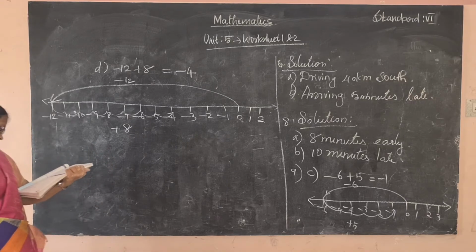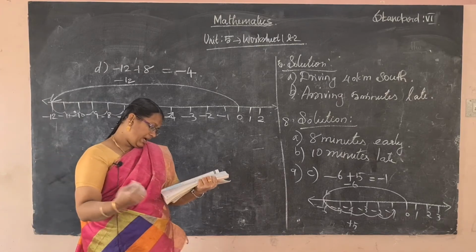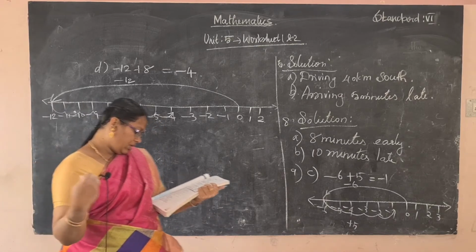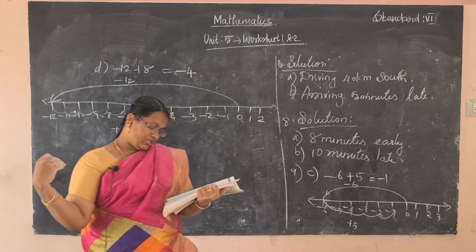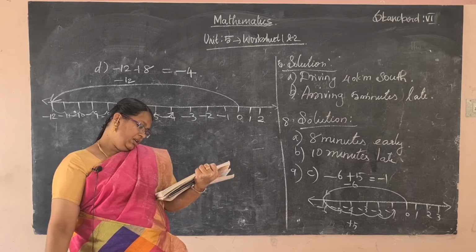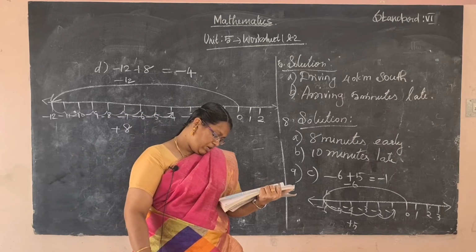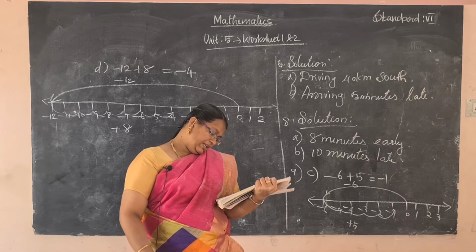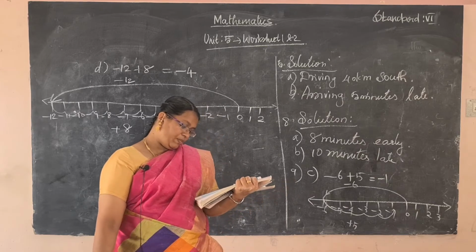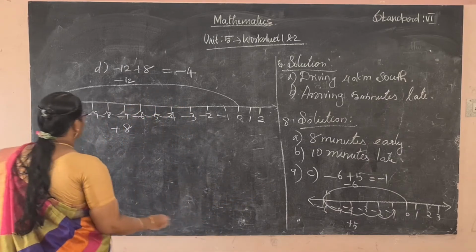Now move to the 10 to 1. A train travels 15 km due west, then 9 km due east. Okay, so east, west, opposite directions. Where is the train in relation to its original position? And write the directed number sentence to represent this situation. Write the numerical statement. Okay, so solution.